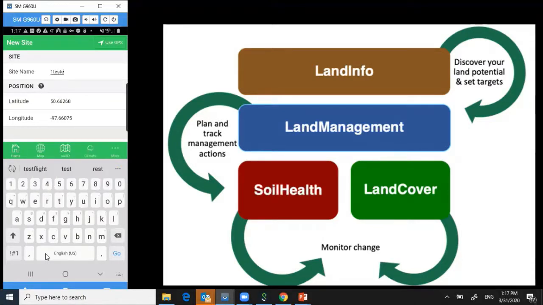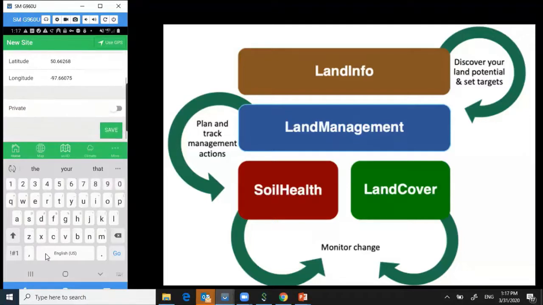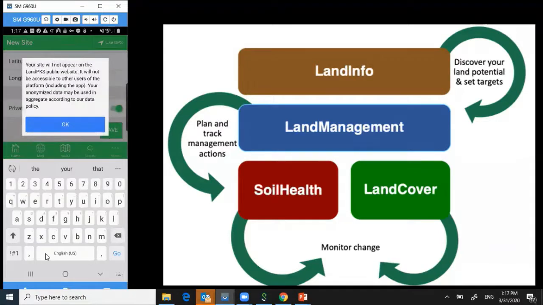one test one. And when I create a plot, when I was first poking at that, nothing was being saved. You were just basically exploring like you would if you went into Google Maps or something. But here I can decide whether I want to make my data private. If I want to decide to hit that button, make it private, it basically says it won't appear on the public website. If you don't make it private, your data, anything that you input, will become visible. So you can make that choice, and you can change it at any time down at the bottom of the